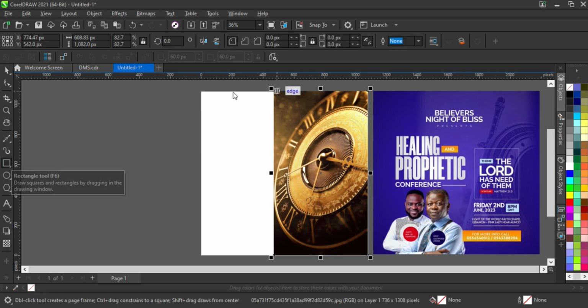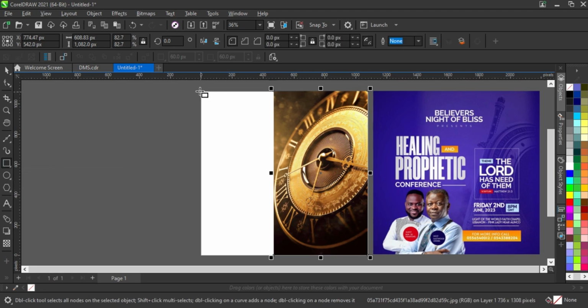I will hold Control down so that I have a perfect square, and then it's done. If you look at the size here, I can adjust it to be 1080 by 1080. Just tap enter, and because this is already constrained, it already has the exact shape. So what I need to do is use my